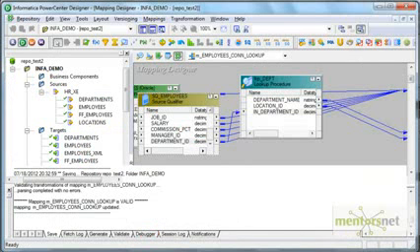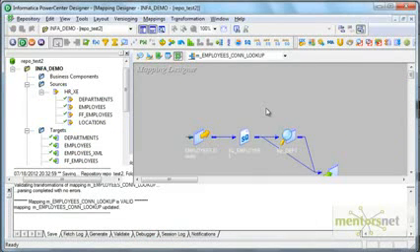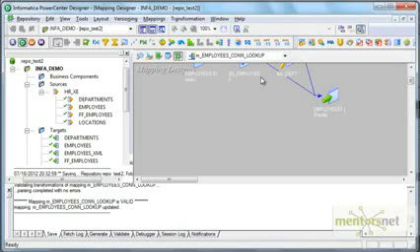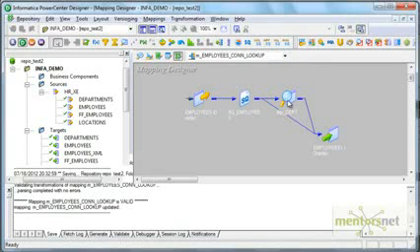This is like inline code, it comes within the flow of the mapping, so you don't need to call this in a separate expression. But this can be used only at one place, whereas unconnected lookup could be called in multiple places wherever an expression can be called. So yeah, let's see in the next class one more variation of this lookup transformation. Thank you.